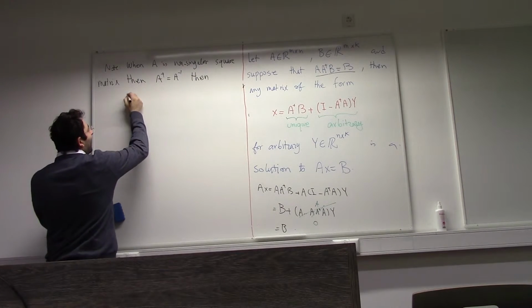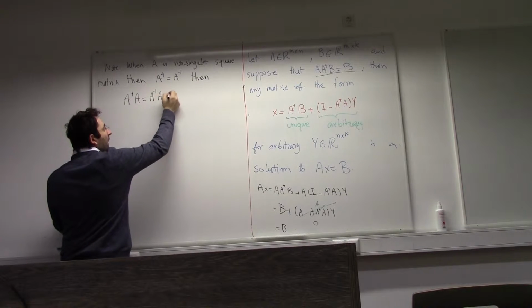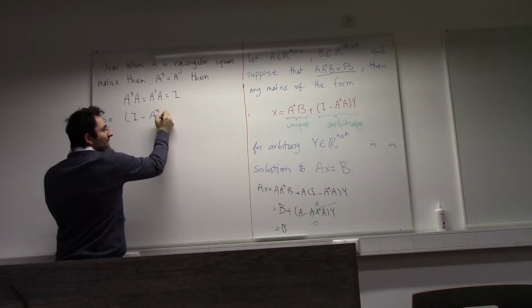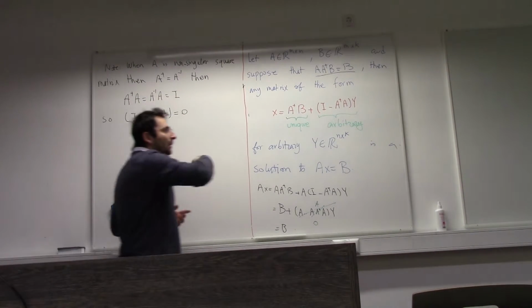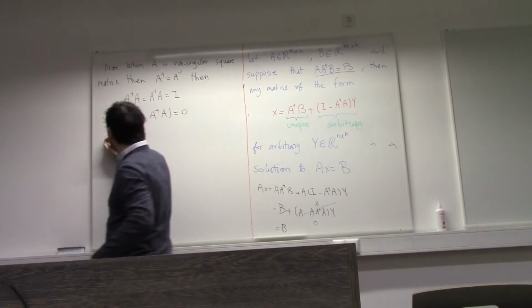Because in those cases, we had A plus A to be A minus 1 A, which is I. So I minus A plus A is 0, so automatically the arbitrary part was going away. And the solution